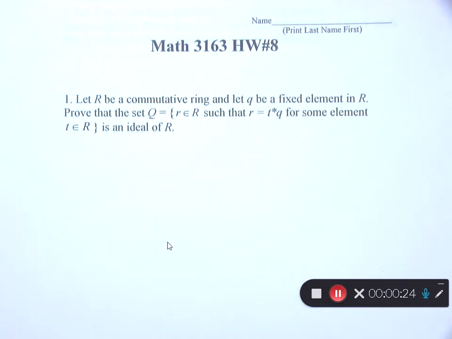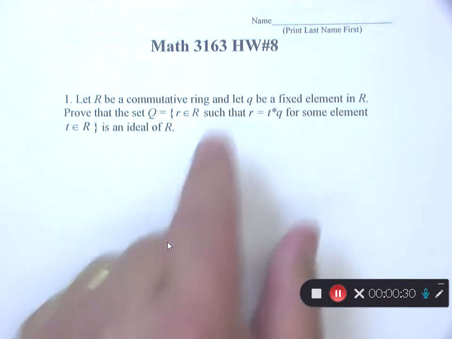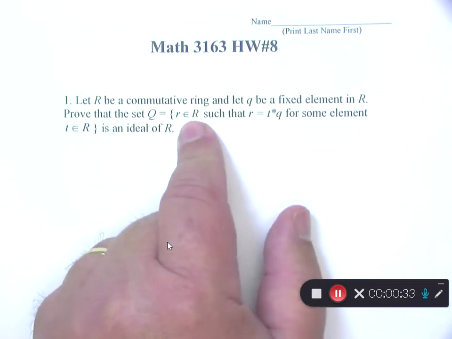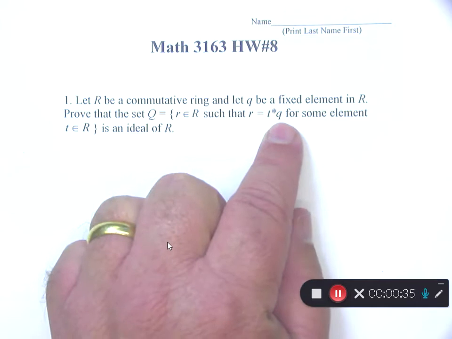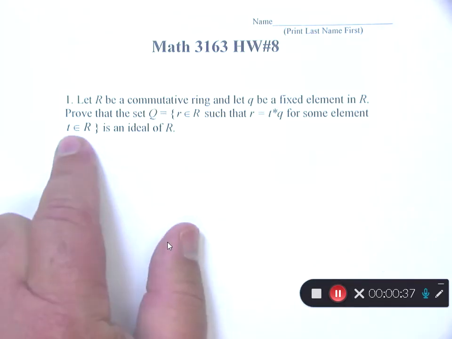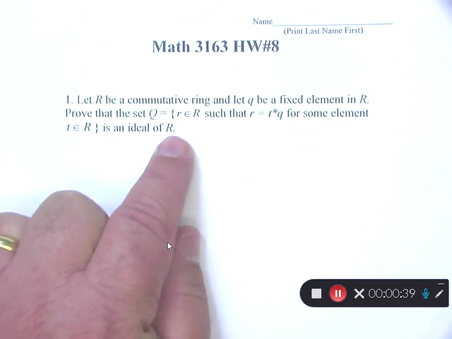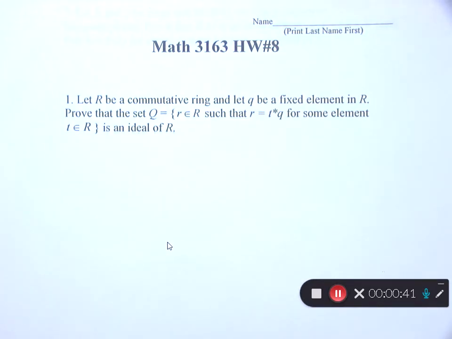This first one is, let R be a commutative ring and let Q be a fixed element. Prove that the set Q, which is equal to the elements little r from big R such that r equals t times Q for some element t in R, is an ideal of R. Now, my recommendation for this one is for you to go back and look at the lecture video for section 6.1 and 6.2, and particularly 6.2, the idea of a principal ideal, and focus on that, but I restructured Q